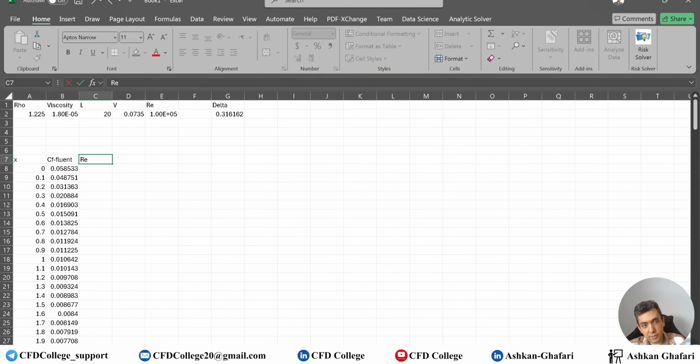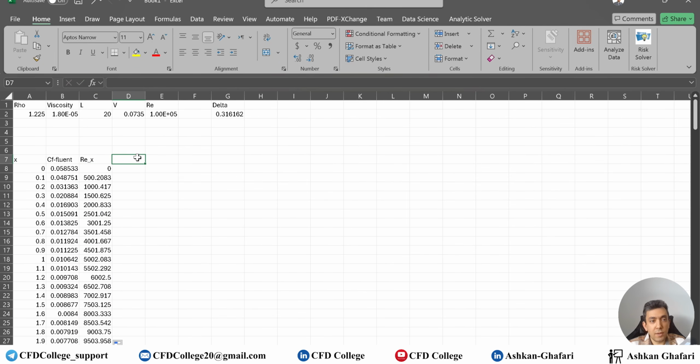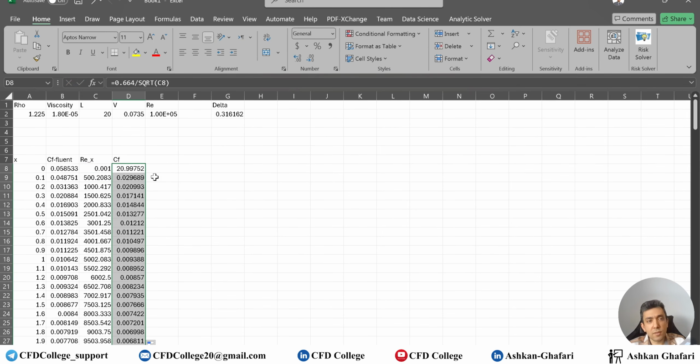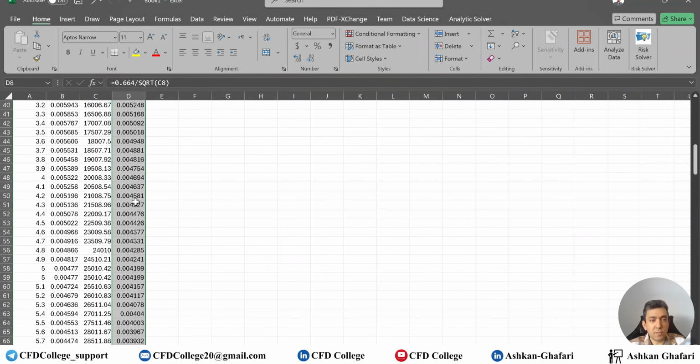So let's first calculate Reynolds X, which is rho X V divided by viscosity, and then CF is 0.664 divided by SQRT of Reynolds X. The first one is okay because Reynolds is 0, so let me, for example, change it to this. It's not important, but after that you can see it's decreasing,